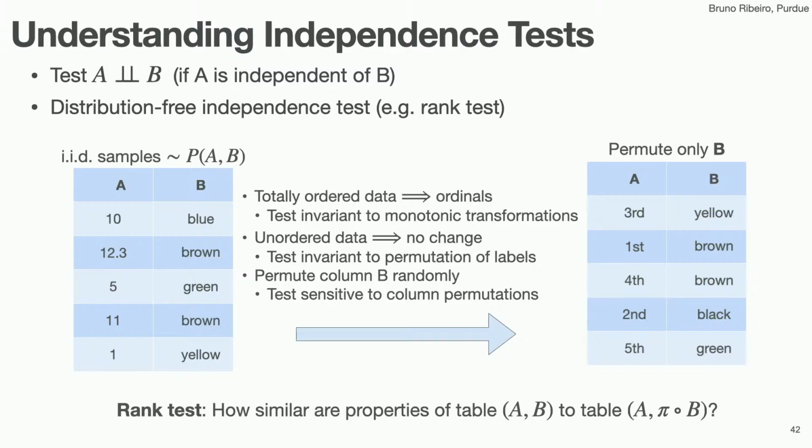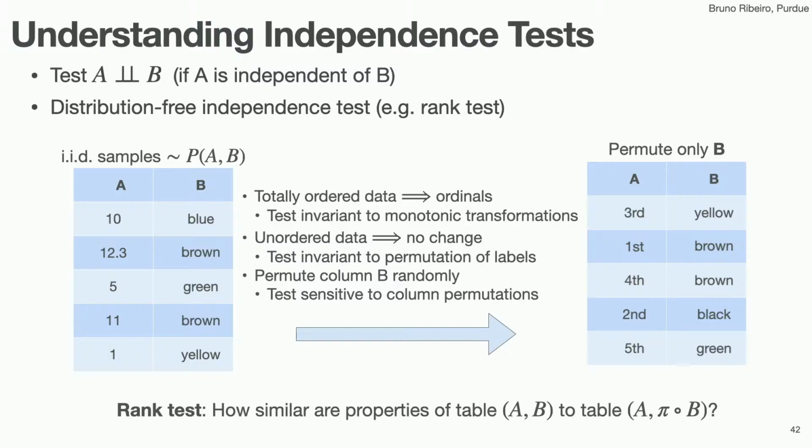So suppose you have a joint distribution, you sample the IID, and here's a table. And then what happens with, say, a rank test is that instead of using the values, you say this is the third largest value, this is the largest value, this is the smallest value. Essentially, you replace the numbers by the ordering, how big they are. And if this is what we call totally ordered data, then the order of the data is important. Then I do this. If the order of the data is not important, then I don't care, because on unordered sets, it doesn't matter what the order is.